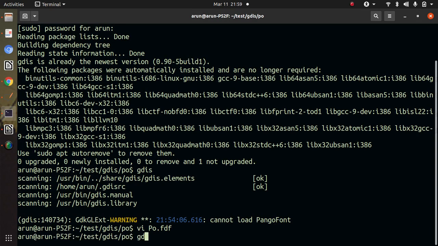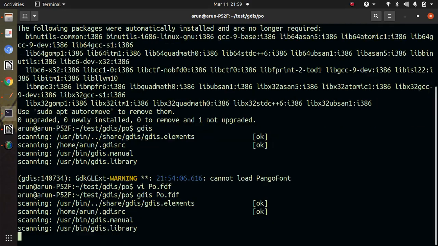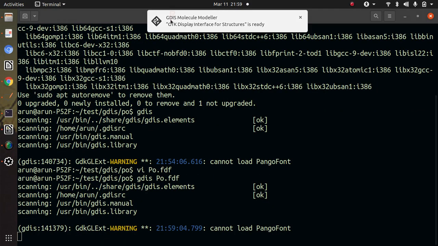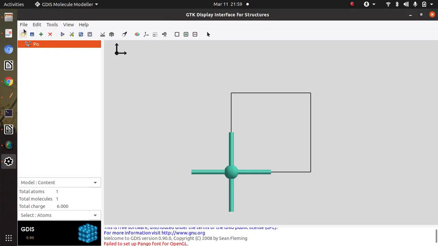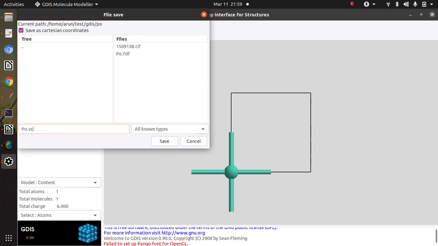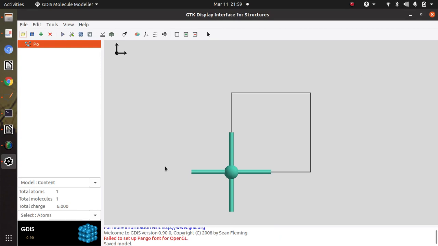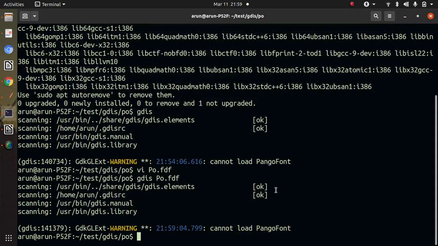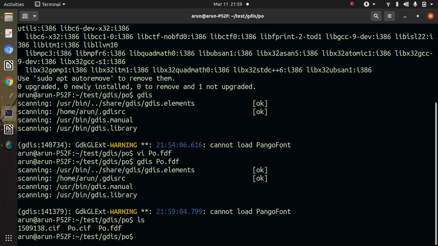Then if I open this polonium FDF again, I can save this file as polonium.cif. Then I close it and do ls.